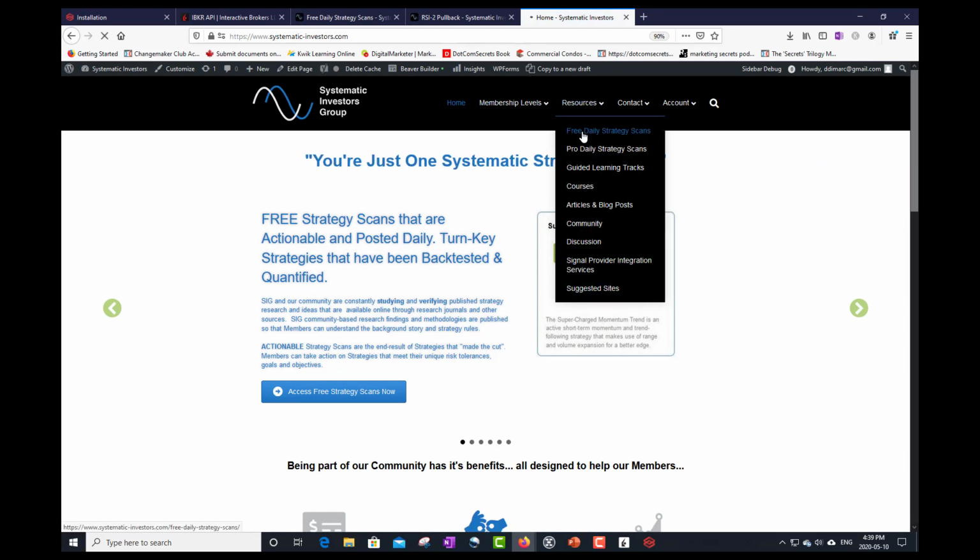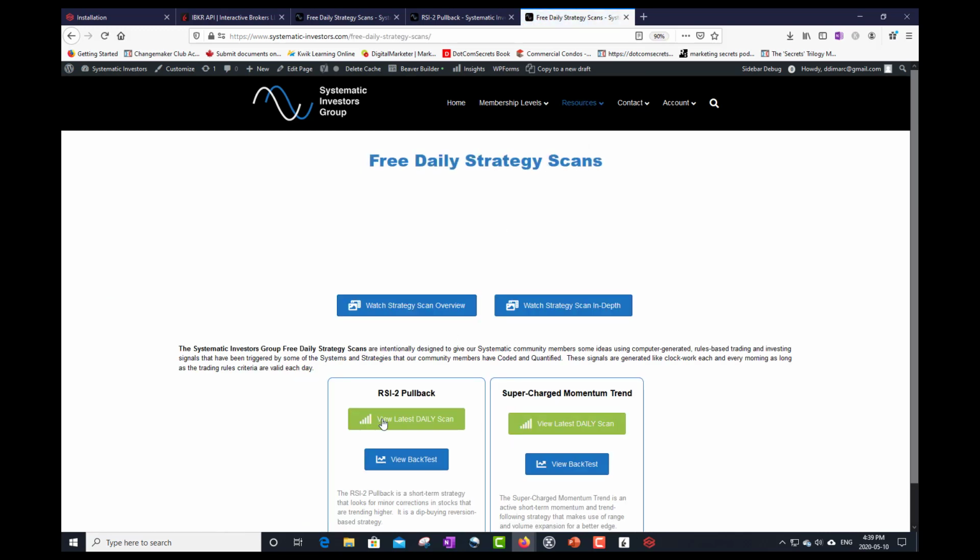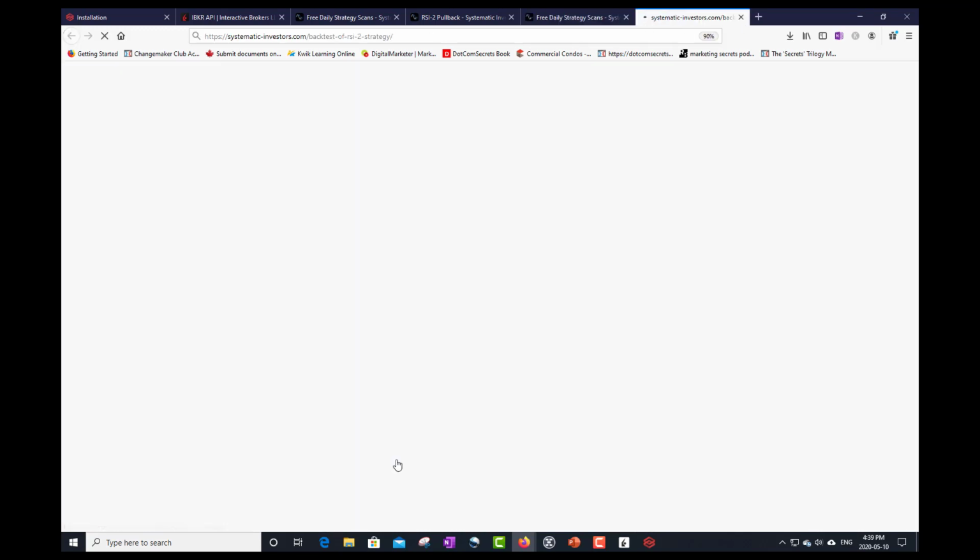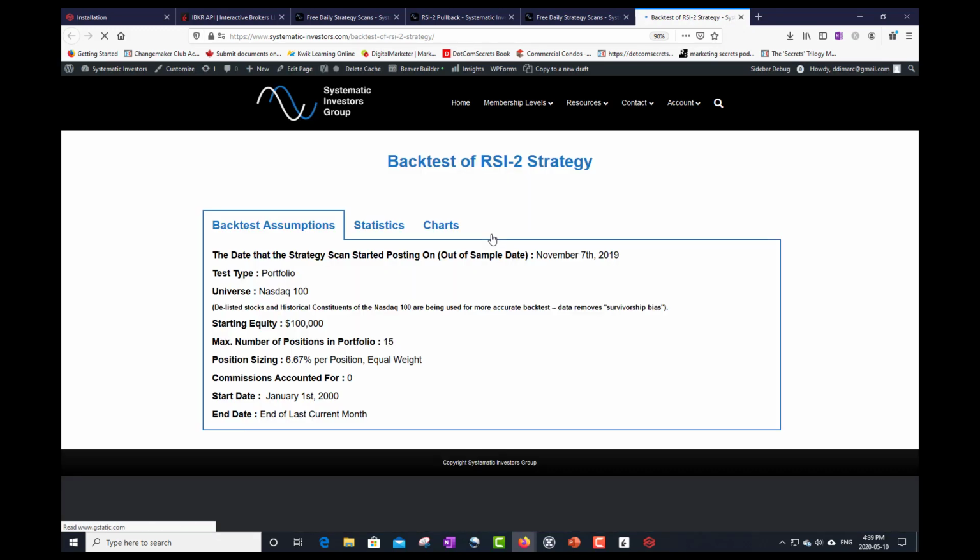So for example, when you're looking at this strategy, if you click on View Backtest, you can see how this strategy was designed. So for example, here are our backtest assumptions. We're going to be trading the NASDAQ 100. It's a portfolio strategy. So our maximum number of positions that we want is 15 positions and 6.6% per position